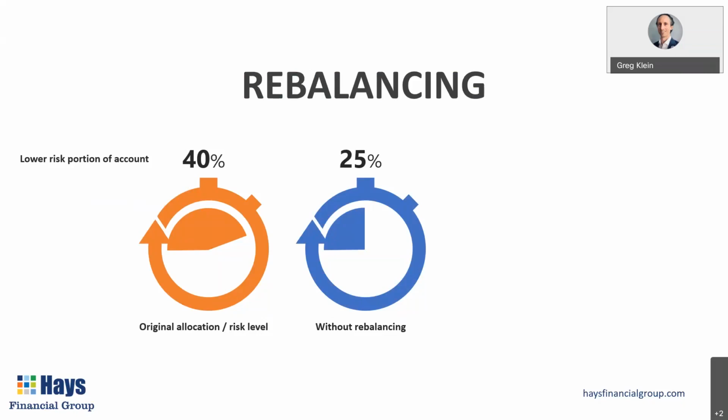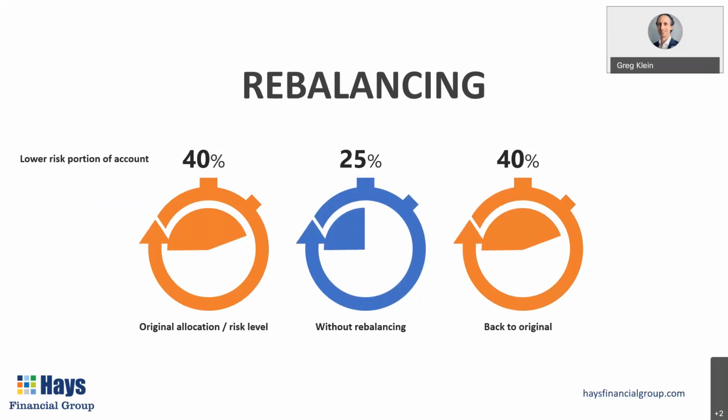So it makes up a bigger and bigger percentage of your portfolio if you don't do any adjustments to your account. So where you wanted 40% low risk because that's your risk tolerance because of maybe your time horizon, you're getting closer to retirement. Well, if you don't rebalance that, now you're really at 25% low risk, not where you want to be. So you'd want to rebalance, bring things back into alignment with 40% lower risk back where you want to be. That helps you keep your risk level right where you want it to be. It can also help your performance over time. And we'll see that in just a moment.